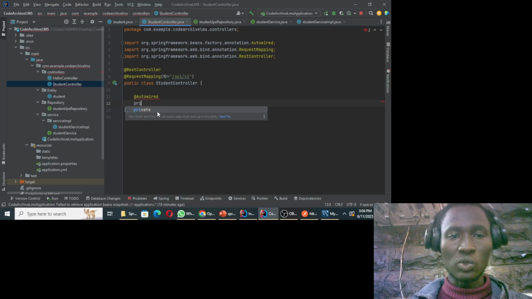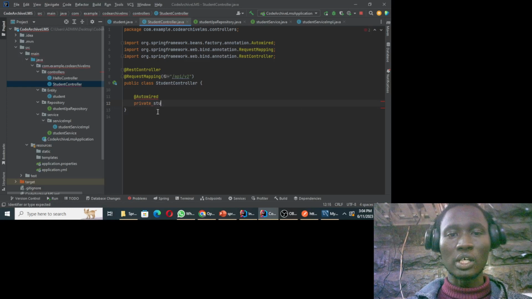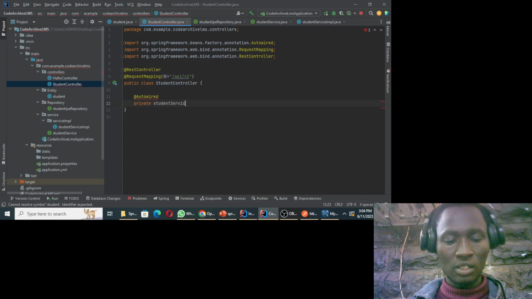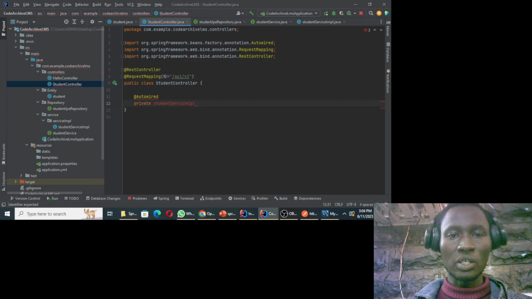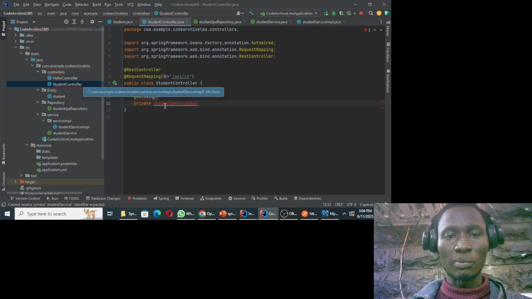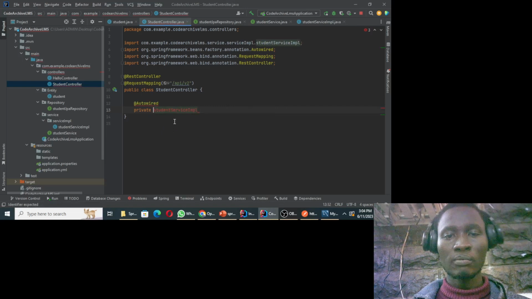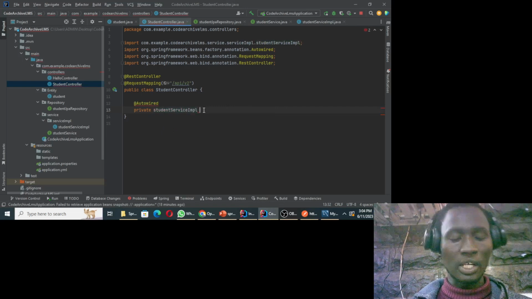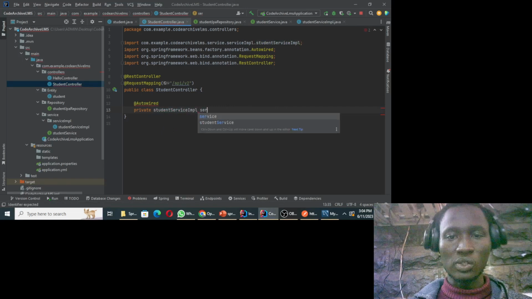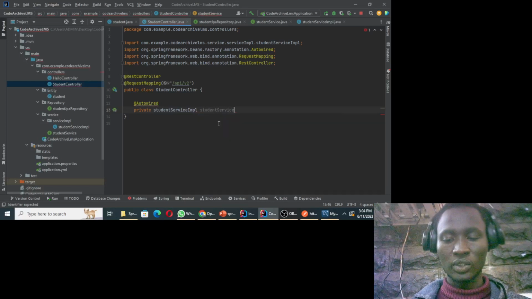And I'm going to declare a private field of the type student service implementation, and this is going to be of the type student service implementation. So I'm going to import this class so that we don't get any error. So it is going to be of this type, student service implementation, or student service. Now that I have this